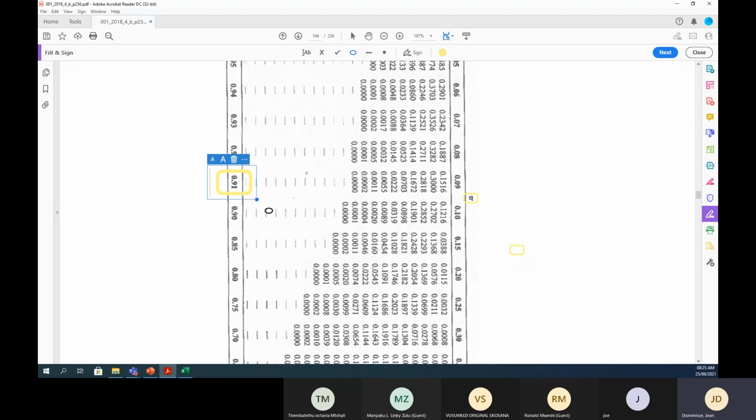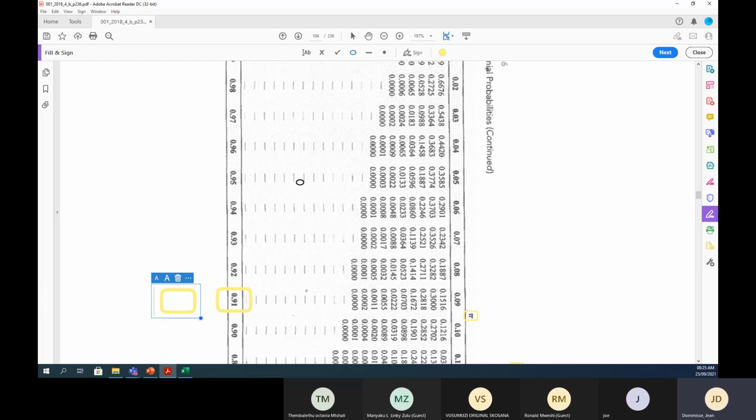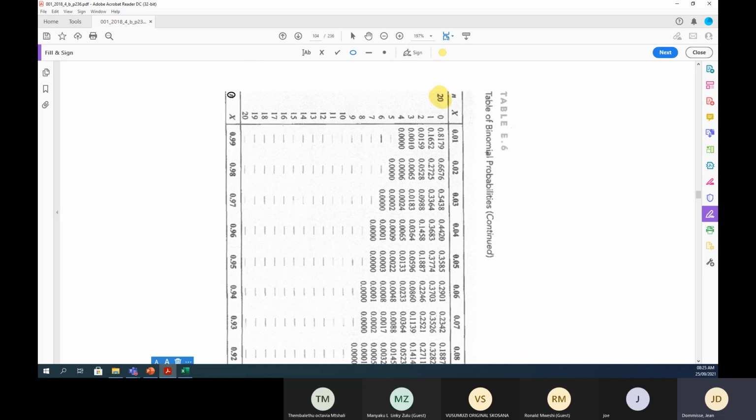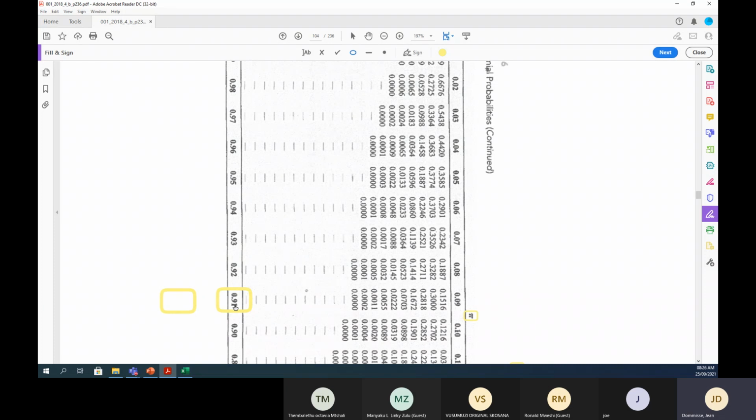Okay, so there's 0.91. But now, how we read this table is we need to start at the bottom and read it. Normally, if it was 0.01, I would have said 0.01, 20, and I would read it from this way all the way to this. Now we need to say from the 0.91